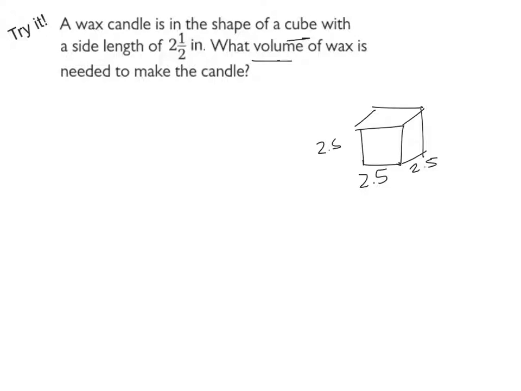I went ahead and I set this problem up. To find the volume, I need my length, my width, and my height. My wax candle is a cube, so if the sides are 2.5, now I did 2.5 because I would rather work with 2.5 than 2 and a half, which is the same thing, right? I can go ahead and solve this now. So I have 2.5 times 2.5 times 2.5. I'm going to plug these into my calculator because remember I told you could use a calculator today. And yes, you can use a calculator on your practice and on your homework. It gives me